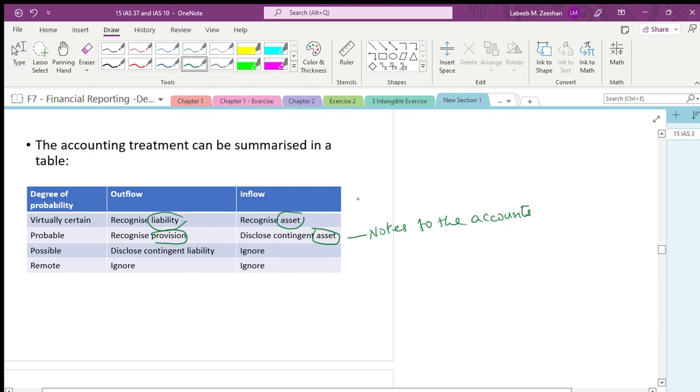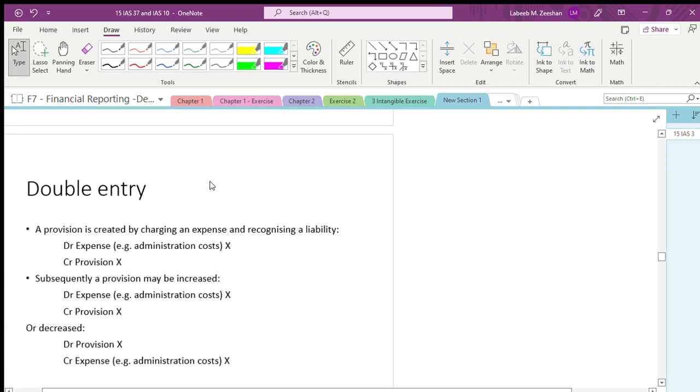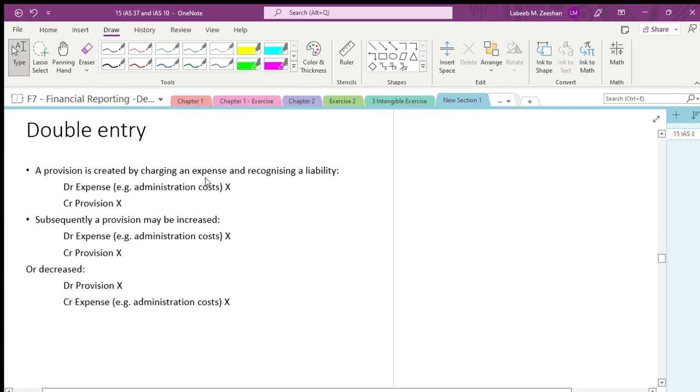Is it possible? If it is possible, it means maybe. Probable means conditionally. Possible means you disclose it as a contingent liability. For inflow, possible means you ignore it. Unless and until cash is in your hands, you are not going to say it is cash. Very simple. Is it right? And in terms of remote, an extreme case, they say that in case of an extreme stage, both in terms of cash inflow and outflow, we have to ignore it.